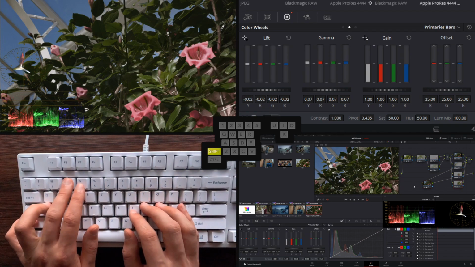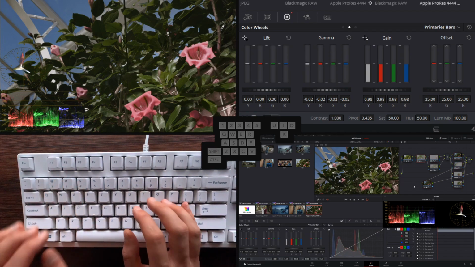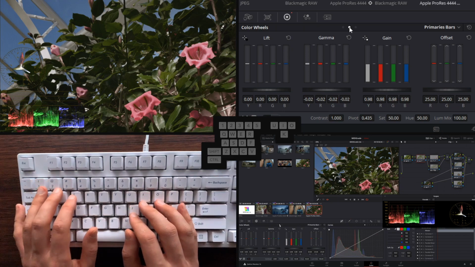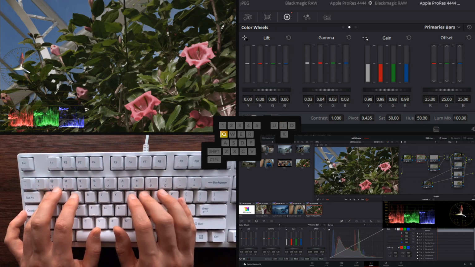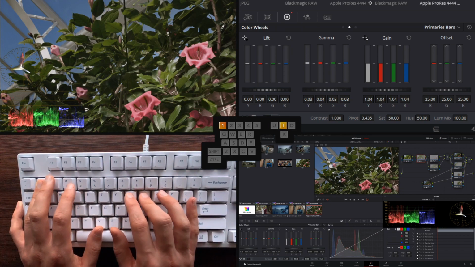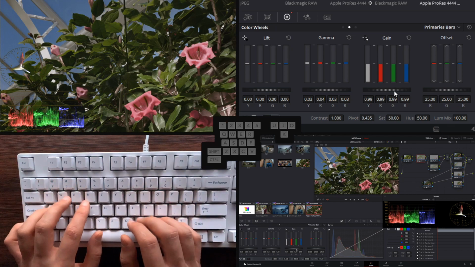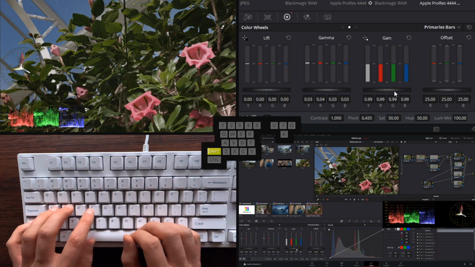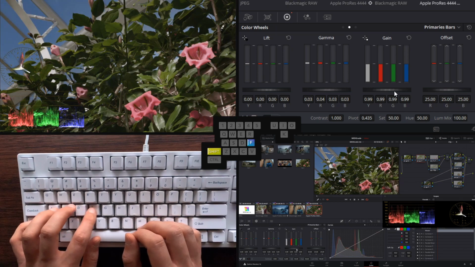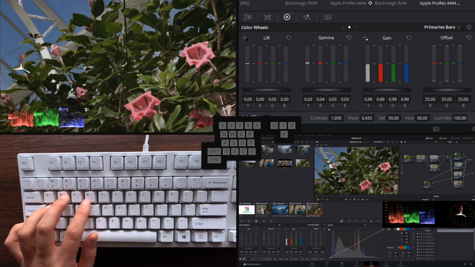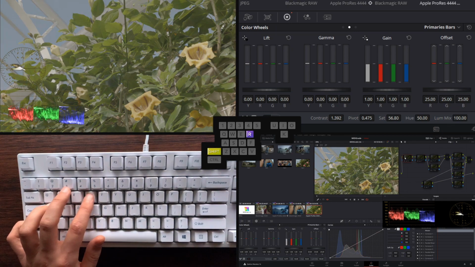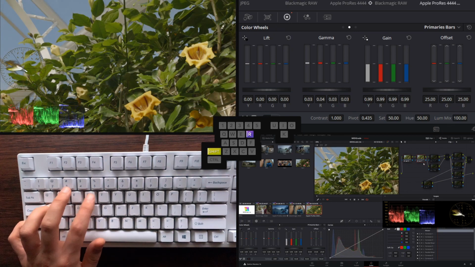To make this look more natural, we can go back to the leaves and just bring up the gamma gain a tiny bit, like so. Okay, so here's before, here's after, and let's break the node structure down. We started off with the basic adjustments, then we adjusted the greens a tiny bit. We changed the color of the flowers